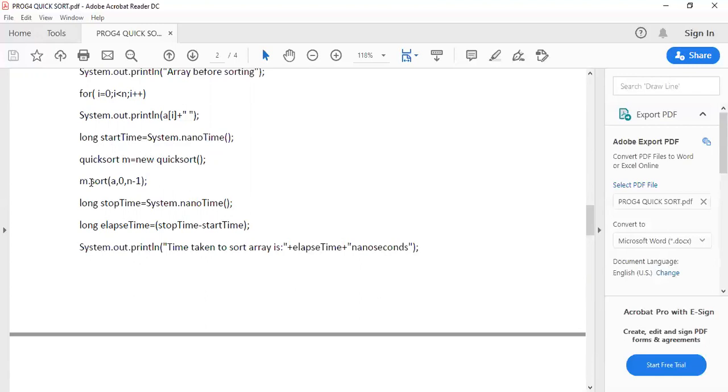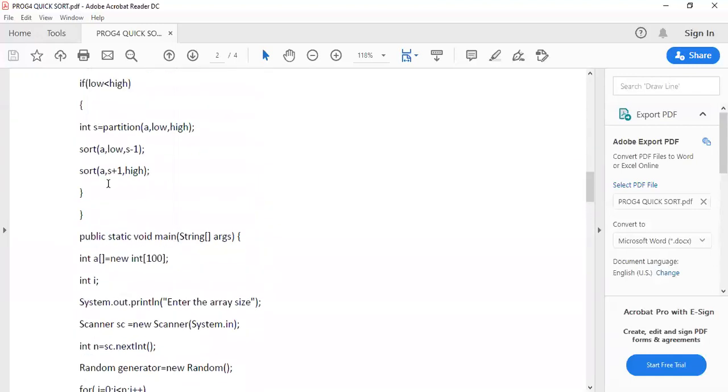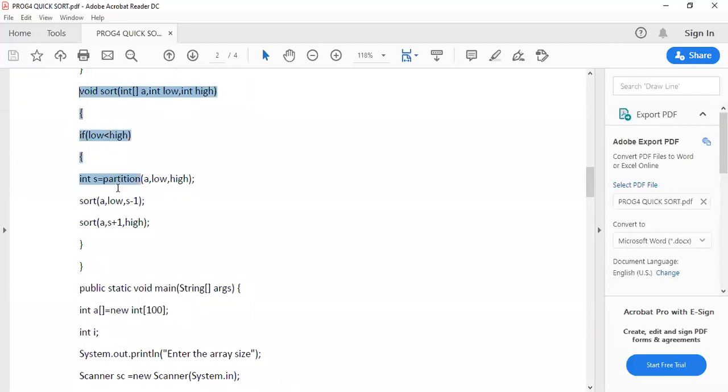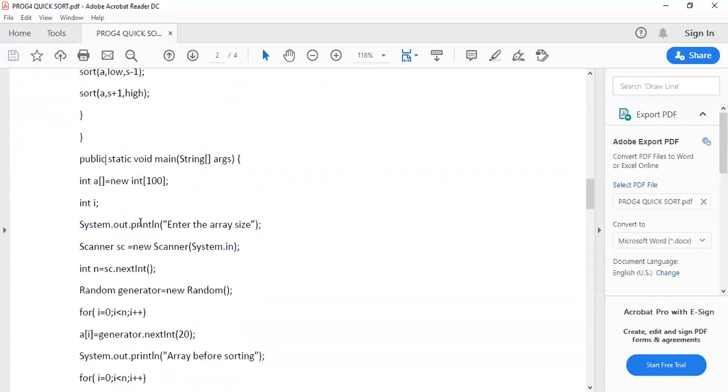Using that object, you're calling the member function sort with the array, the lower subscript and the higher subscript of the array. This sort function in turn recursively calls sort again and also the partition member function.